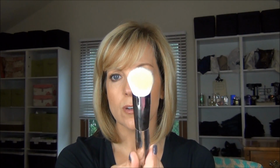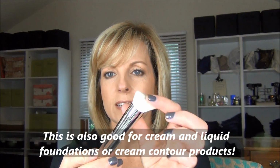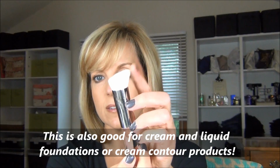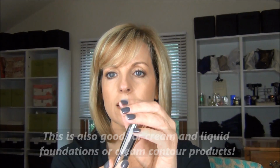The second brush that comes in there is a contour or blending brush. This is great. I use this today for doing my contour. It's great because you can get a fine line with the way the tip goes, and then you can just kind of blend it out with that. Again, goat hair, super soft, super soft. It's called Perfect Face, number 71. Love it. What else? It comes with